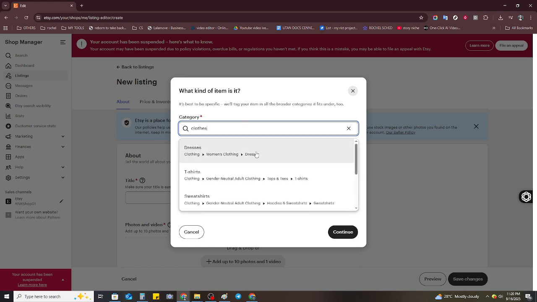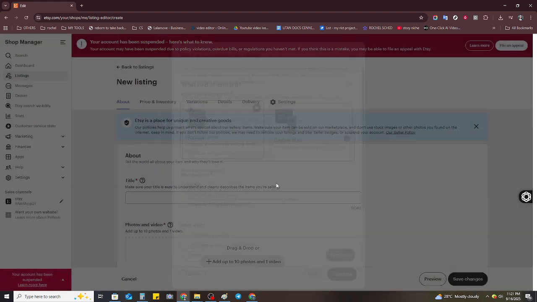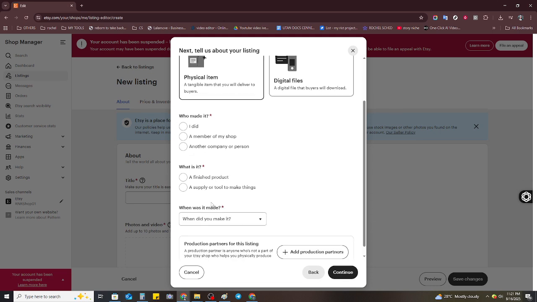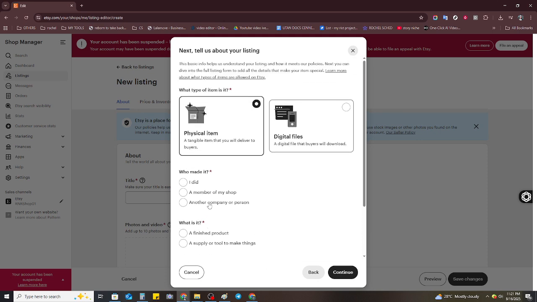Moving on, let's make sure the listing is private to maintain exclusivity. Scroll down to find the section that says Who can see this listing? Here, select the option that allows only buyers with a direct link to view the listing. On some occasions, Etsy may not offer an explicit private option. If that's the case, keep the listing as unpublished or in a draft format to prevent it from going public